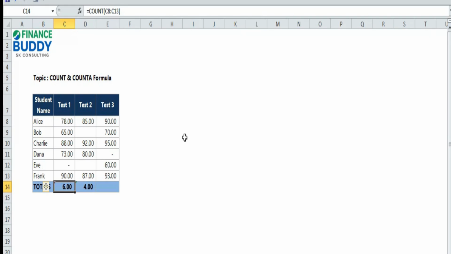Now you can see that the count is 6, there is 0 also in this range. I drag it up and then press enter, it still shows 6. Why? Because this is the main difference between COUNT and COUNTA formula. The COUNT formula doesn't count text, but the COUNTA formula